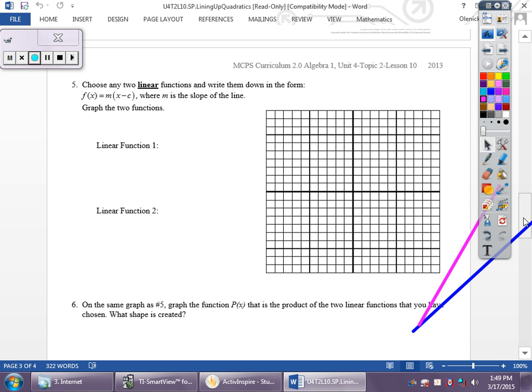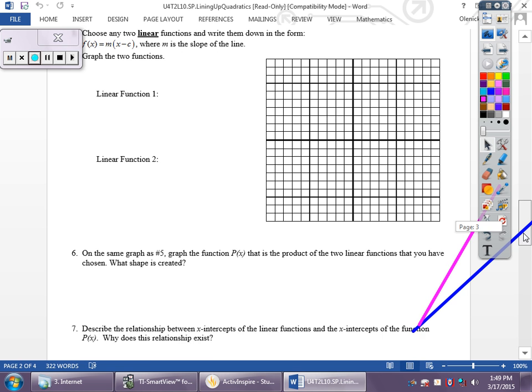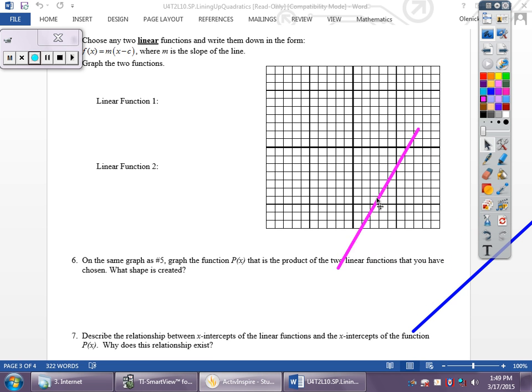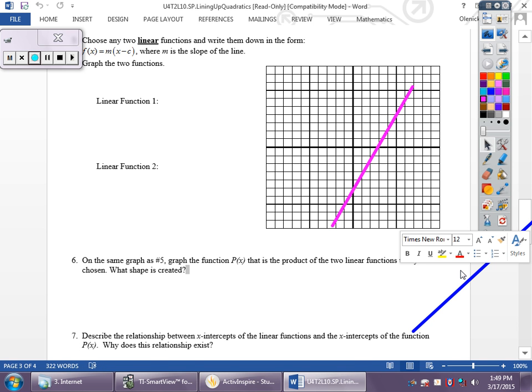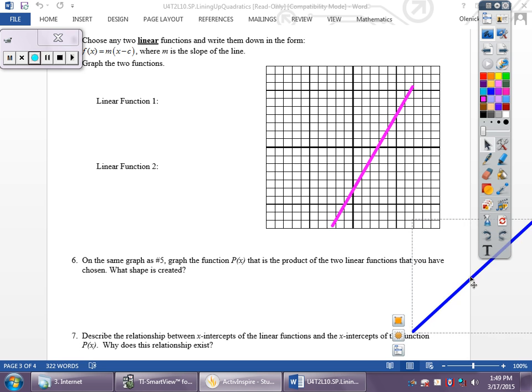Okay, so we had our linear functions. My blue line went through 4. There we go. And then this one was supposed to go through 3. Okay, we're great. Now the parabola